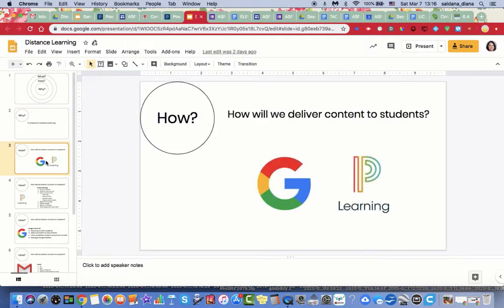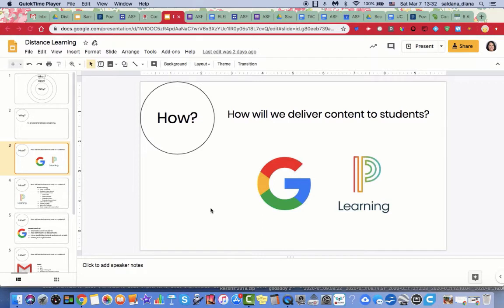So the main tools that can help support distance learning are Unified Classroom or Power Learning and all our Google tools. We recognize that some teachers are using other platforms such as Google Classroom or Seesaw or some other tools, and that's okay. But what we ask is that for this distance learning situation, you all have a starting point